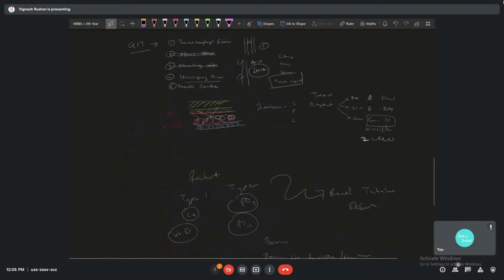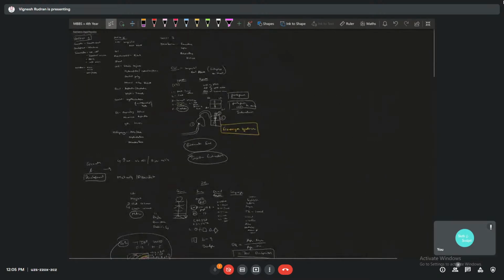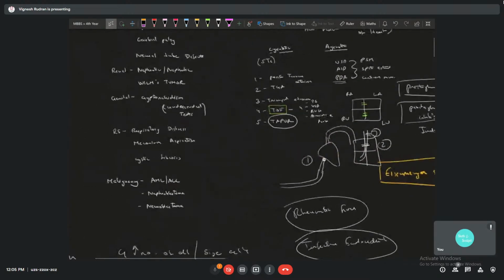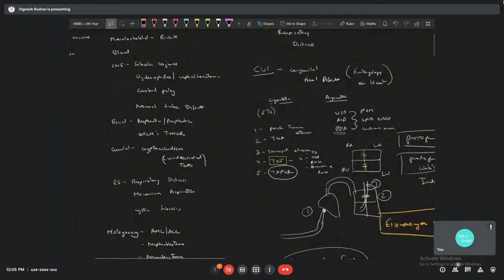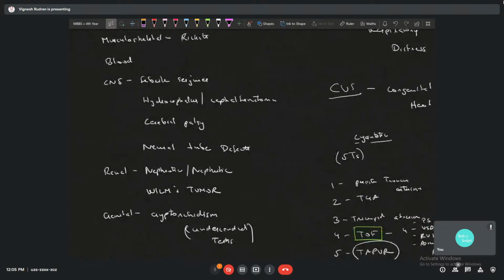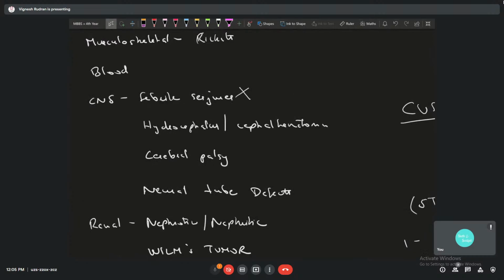So just go through them. I'm not sure if they'll ask or not ask, but it's common in children, so might as well go through them. So for CNS, you have your febrile seizures. You would have already seen this as epilepsy in your medicine paper, but some important points are it can be either related to some kind of genetic condition or some fever in your childhood, like your meningitis in childhood. All of those are going to cause seizures.